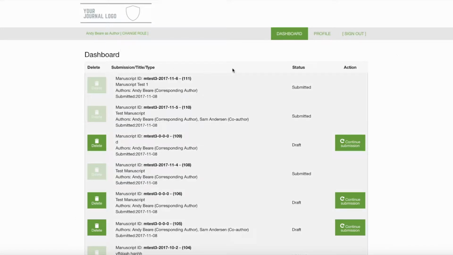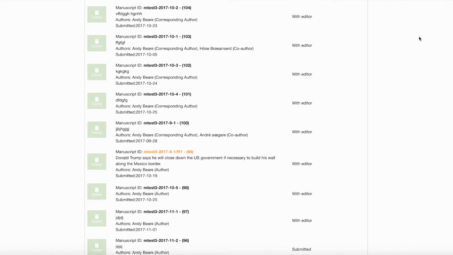You'll see that it's broken into 4 columns. On the left, you have the delete column. The next column is all of the detail about your submission, the manuscript ID, the authors, and the date of the submission. The third column is the status of the submission, and in the fourth column you might have a call to action. Now if we scroll down, and it's a long list here in our demo,